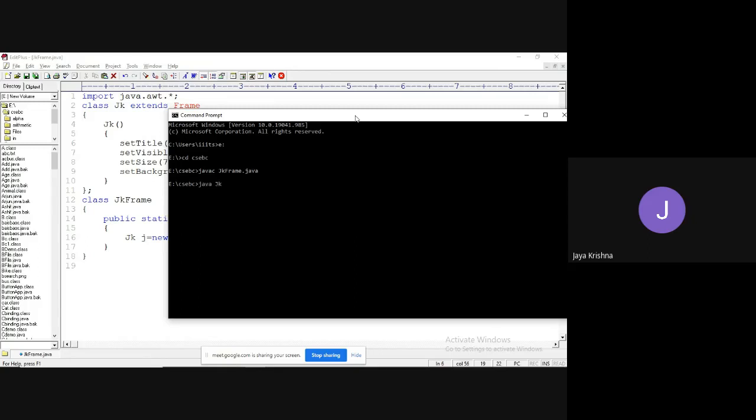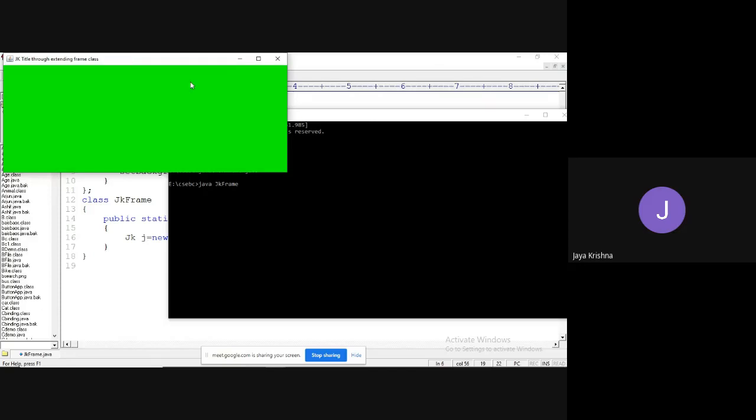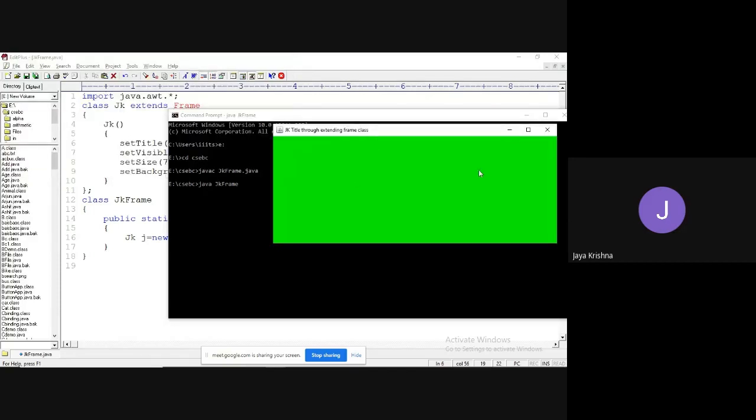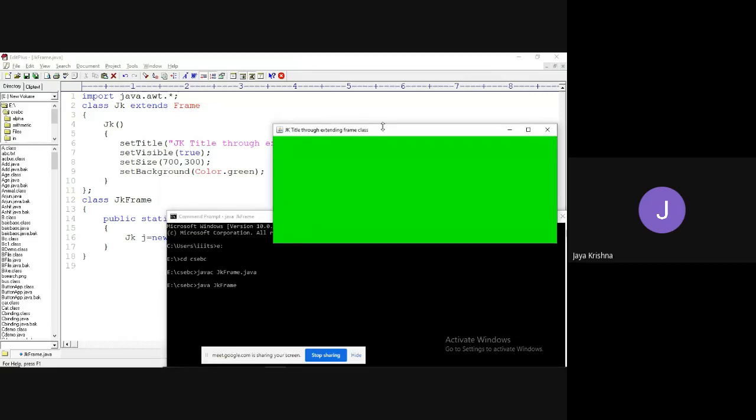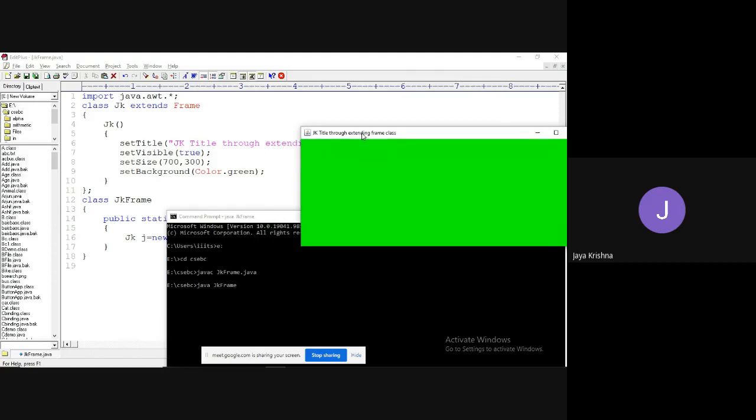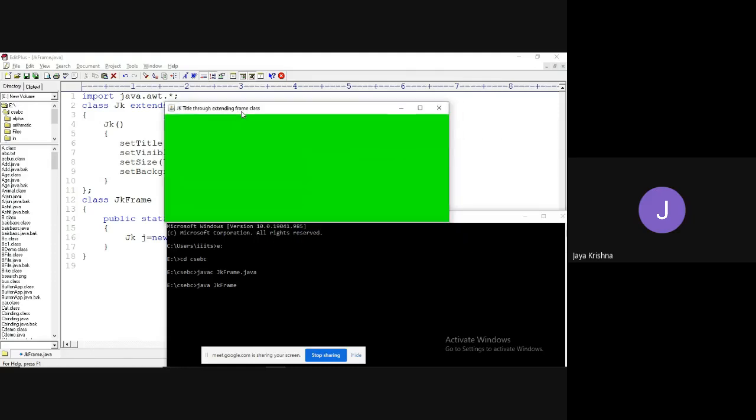By default, it has 700 width and 300 height. Visibility is true, and the title is JK title through extending frame class.